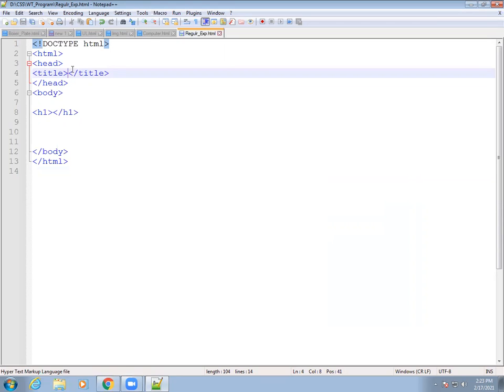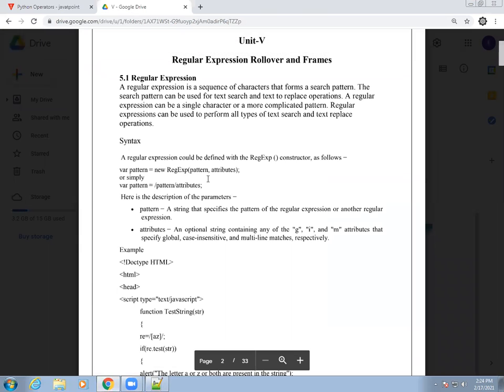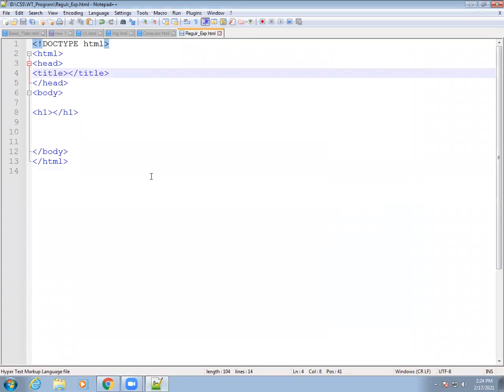For that we want to use some scripting code also, and you know the syntax we already saw: var pattern = new RegExp(pattern, attribute). So first of all, let's write the body part which we want to show.